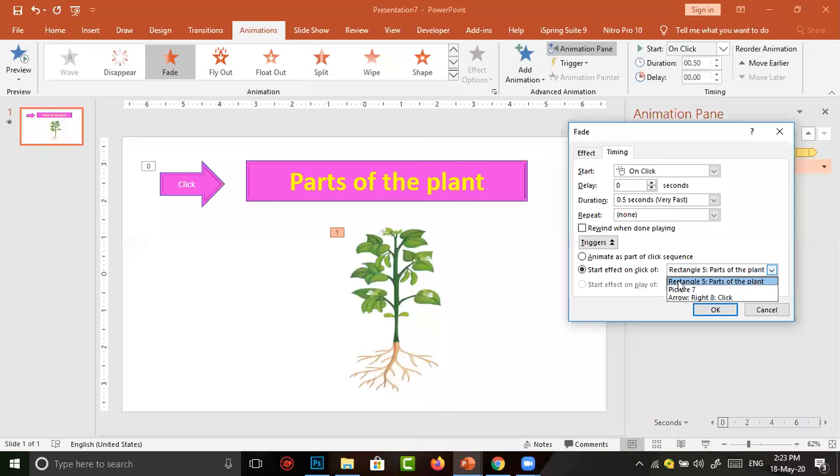There are 3 things shown there. What are the 3 things? The rectangle 5 parts of the plant, that is this one. Second, picture 7, that is this one. The third one is arrow right 8 click. So all the things in the slide are shown here if you select start effect on click of.